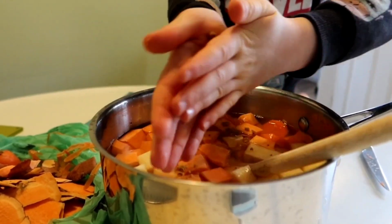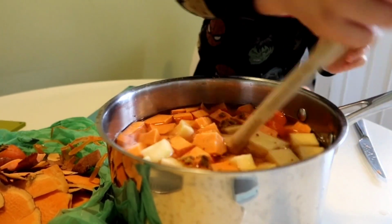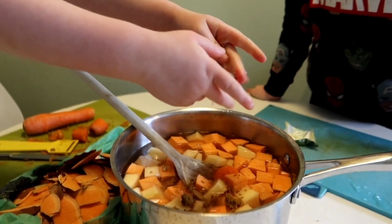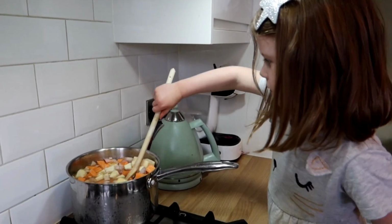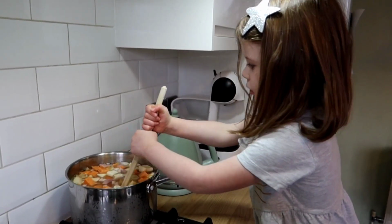And here's Harry crumbling the stock cube into the pan, and Megan obviously wanted to have a go as well. He's given it a little stir there, and now it's Megan's turn, so she's going to crumble a stock cube in too. And this we just boiled on the hob. Megan was very interested in helping, and she wanted to stir and just keep an eye on all the vegetables